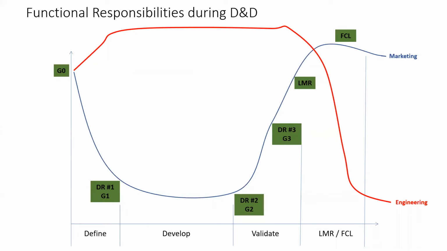And you see how functional responsibilities vary. So the entire initial phase from the define stage to the develop stage is very, very heavy from an engineering perspective, okay? And the actual technology aspect is very important. But as validation comes to an end, through the validation process, you find that the red worm starts coming down and the blue worm starts going up. And that's where the marketing aspect, or the customer interface or the user interface aspect, and the broader market interface aspect starts becoming more and more important.